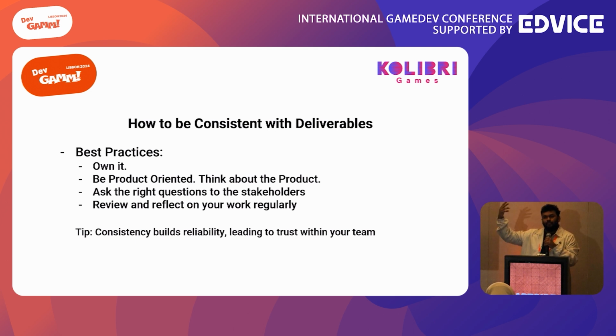So once you do the first two steps, then the third one comes: ask the right questions to the stakeholders. Because you love your product, you're going to be asking lots of questions more often to the product team. Hey, why are you doing it this way? But we could have done this in this way. I don't like the progression formula that you wrote. Maybe it's going to be better like this. Why don't we do that?